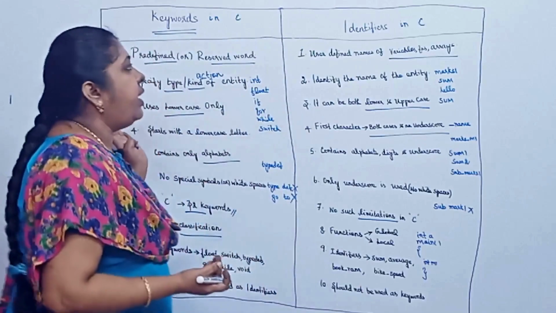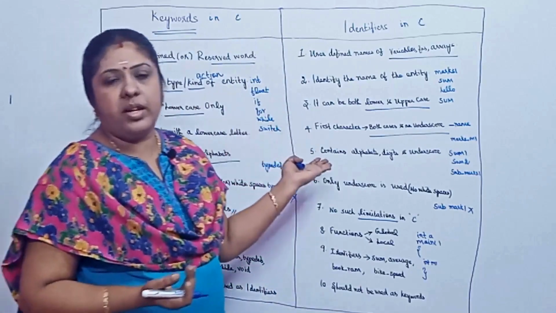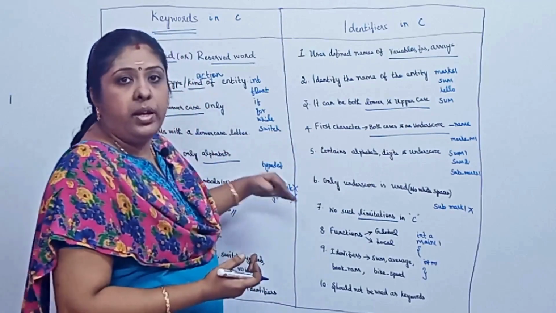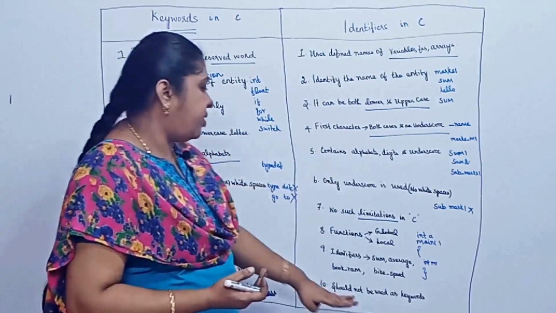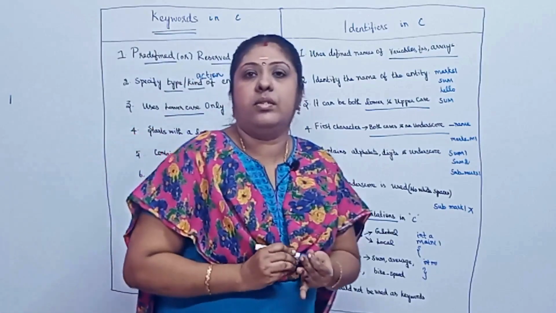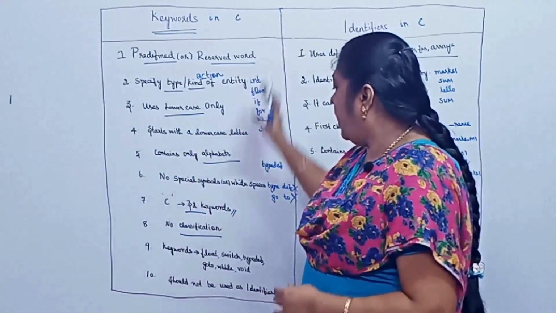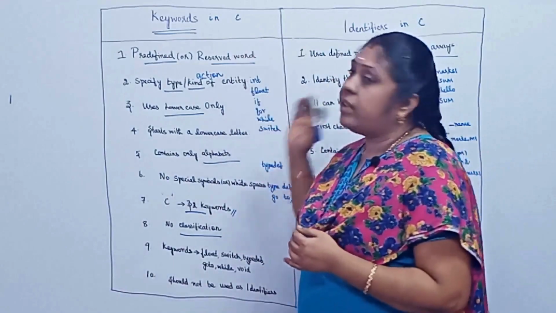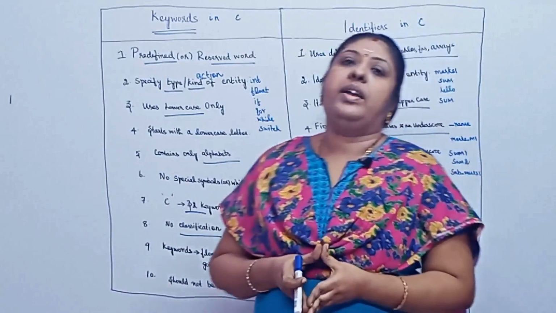That is, one is a predefined word, the other is a user defined name. So both cannot be interchanged. Hope you are very clear about these 10 points and the differences between keywords and identifiers in